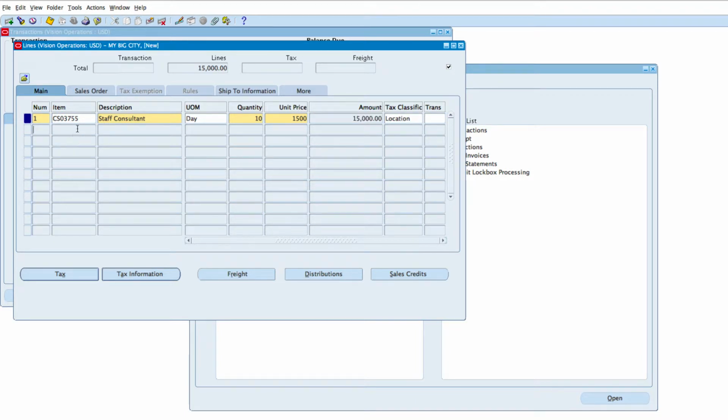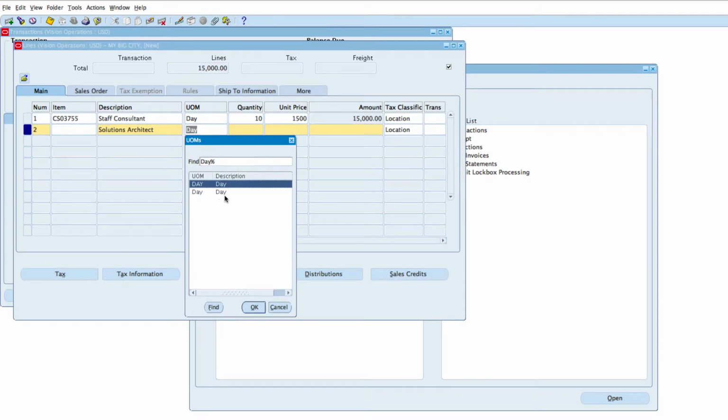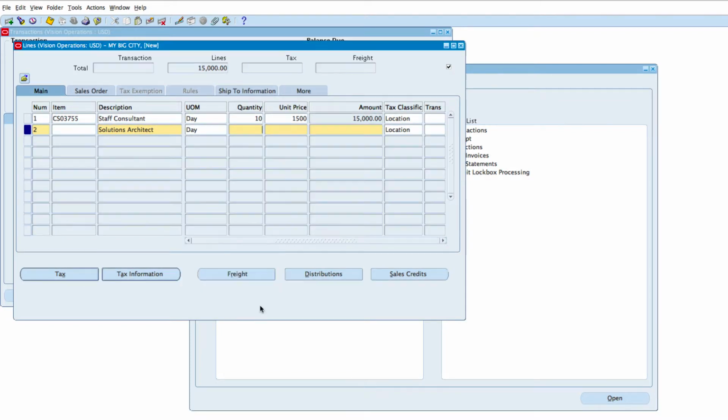Line number 2 will be just a description, not an item. I'm just going to call the second one solutions architect, and again units of measure will be day, but this time we can only afford this person for 5 days, and they're charging us 3 grand per day. So save the information. Tax is based on location,